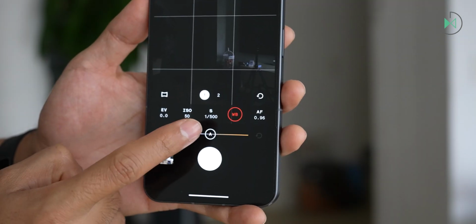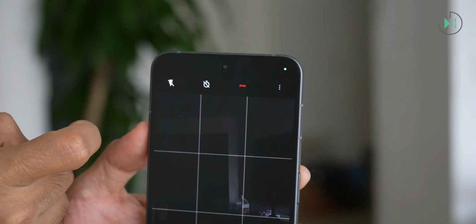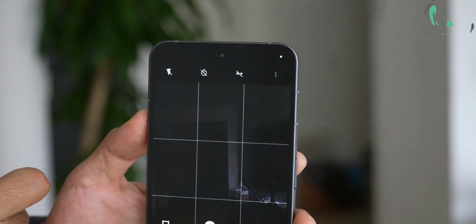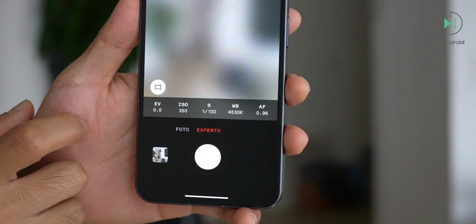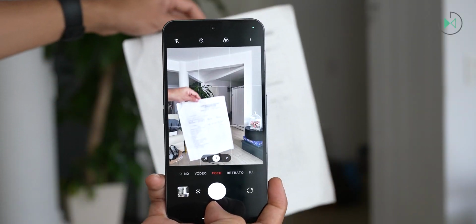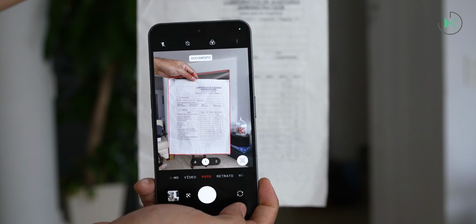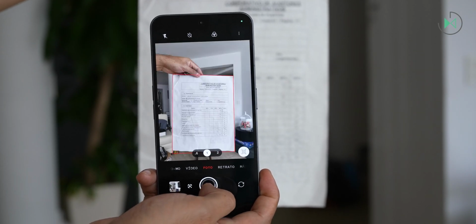We can also move the white balance, the focus. And remember that this device does allow us to capture photographs in RAW for more advanced development later. And something that I like about this device is that it also allows us to use the ultra-wide camera in this expert mode. And with respect to intelligent capture functions, note that it does offer us an intelligent document scanner